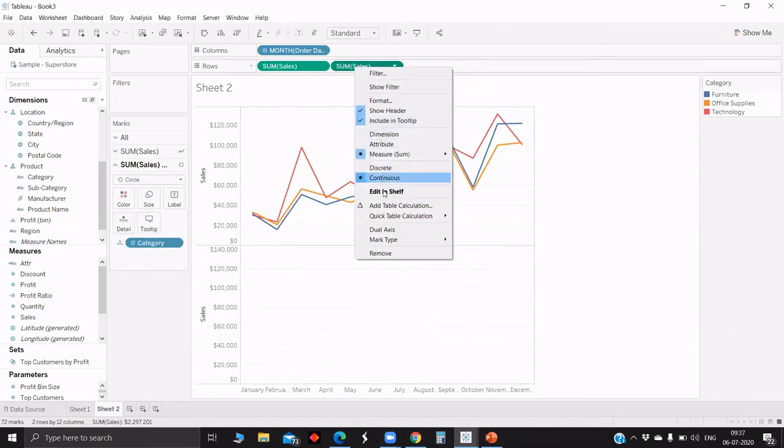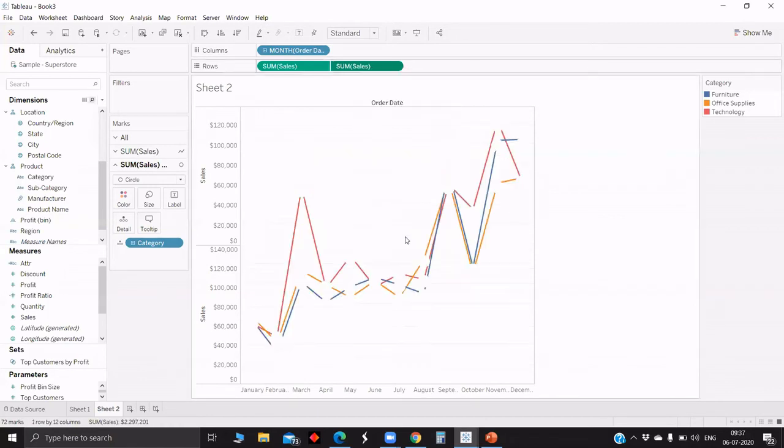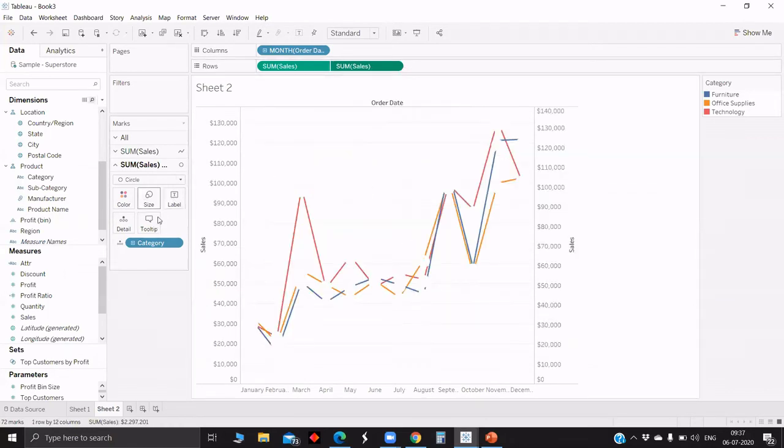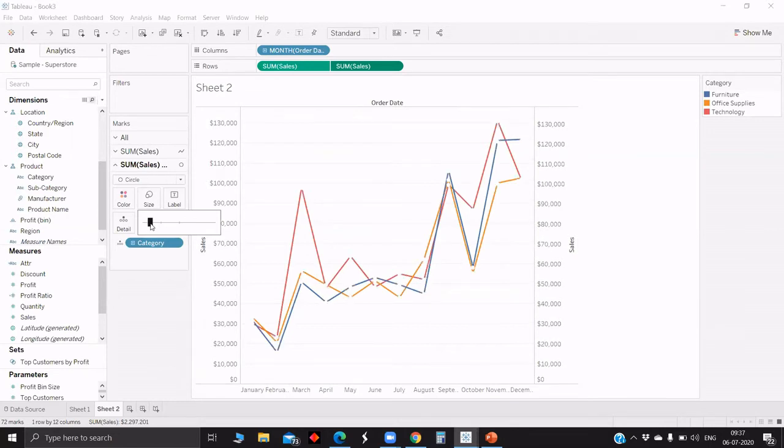Now dual axis, and we can reduce the size. In that way you can make this. This is the only way to make the dotted line chart in Tableau.